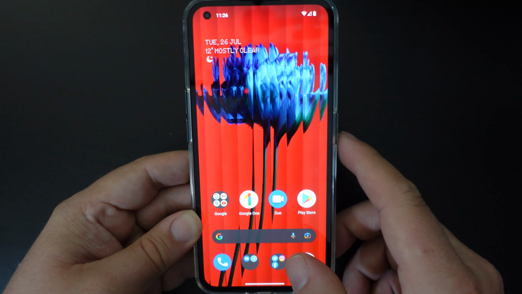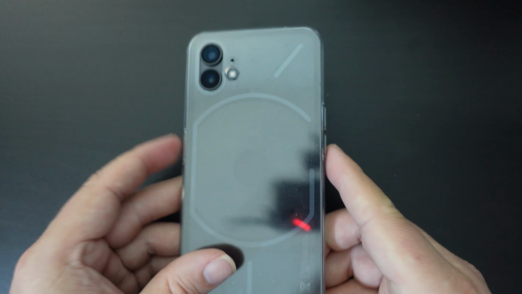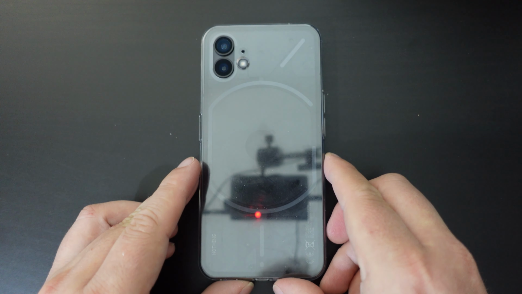So that's just a really quick, easy guide on how to switch data roaming on or off on the Nothing